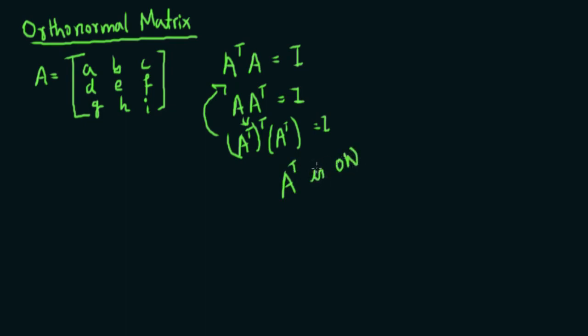Orthonormal I'm writing as ON. Okay, so A transpose is orthonormal, but you know what, A must be a square matrix for it to be an orthonormal matrix. Okay, so if you take the transpose as well, it basically remains the same if we look at